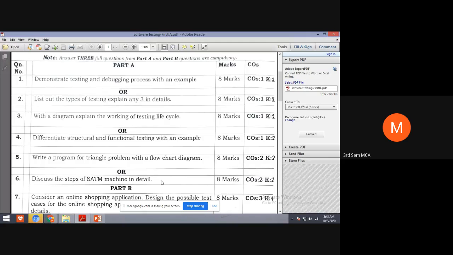And discuss the steps of the SATM machine in detail. How many steps do we have, students, in the SATM machine? Respond. How many steps do we have in the SATM machine? We have 15 steps.